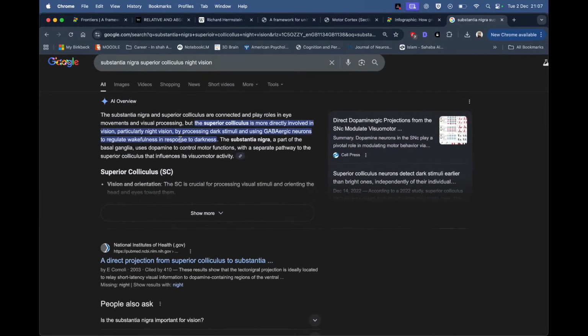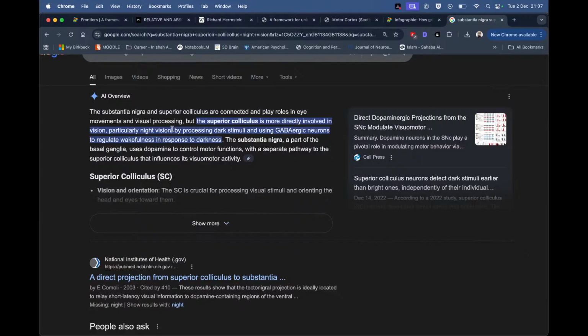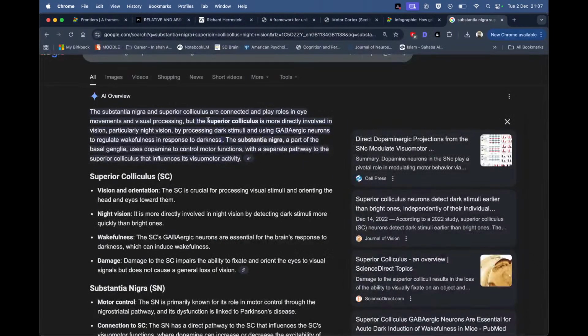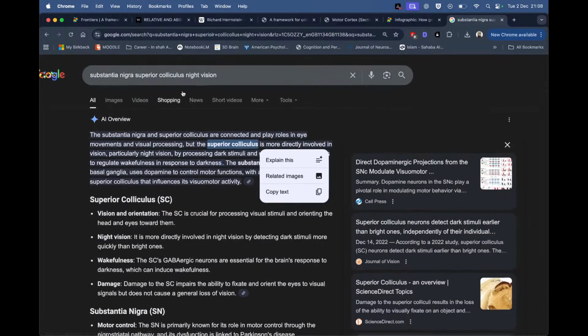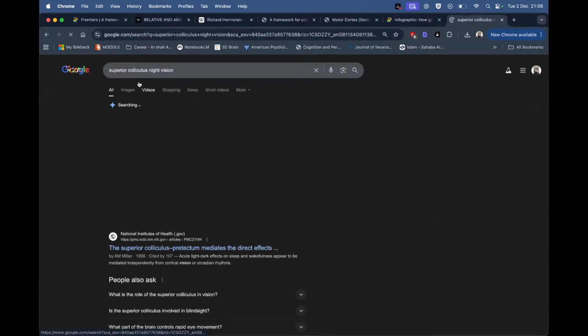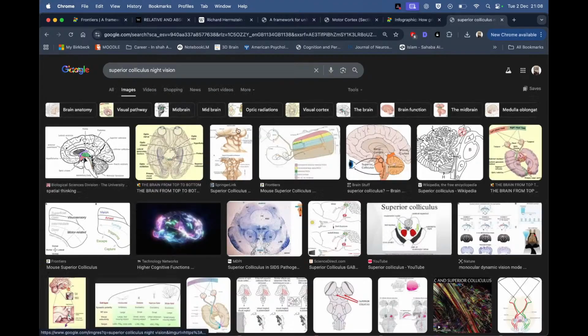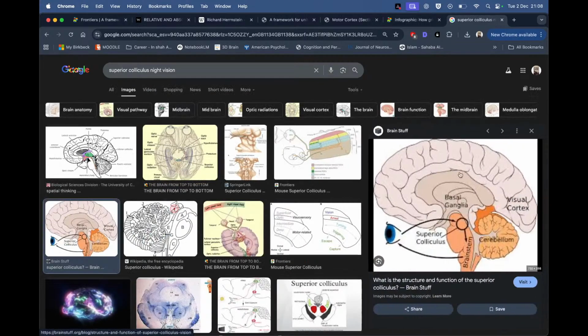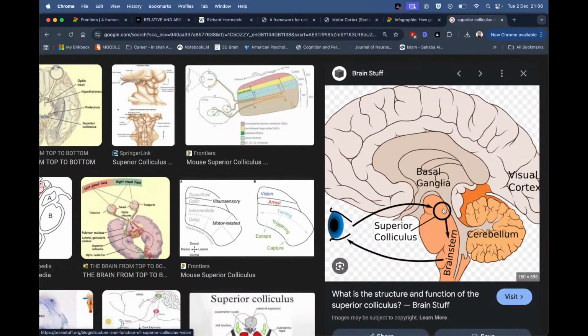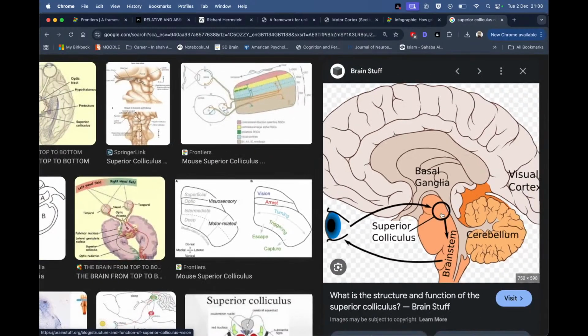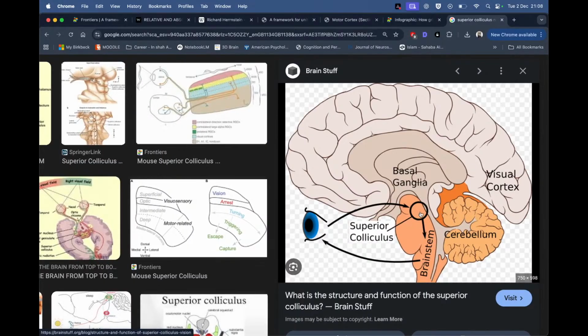Yeah, superior colliculus, by processing dark stimuli and using GABA, which is excitatory neurons, to regulate wakefulness in response to darkness. So the superior colliculus is a very interesting looking part of the brain. It's just above the brainstem, actually. So if I go here, you go. This is the superior colliculus right here. You have the inferior, which is at the bottom, but what's interesting is the brainstem and the superior colliculi are not far from each other,